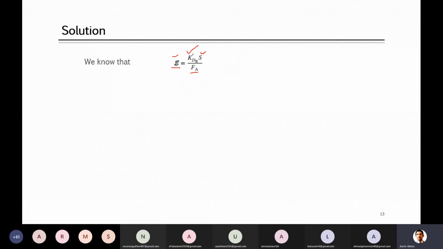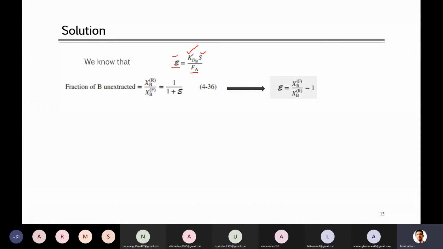So it can be found somehow, because there was one other relationship, as you remember, relating epsilon with the XBR to the XBF. So if we can find the value of B going to the raffinate and the feed, that is easy to find, because you know its amount in the feed, and can take the ratio of the mass as well. You know how much it will be going to the raffinate side. He told you 1%, so this can also be found. So we can just rearrange this equation, because we are looking for epsilon instead of all this other stuff. So rearrange to get this equation.